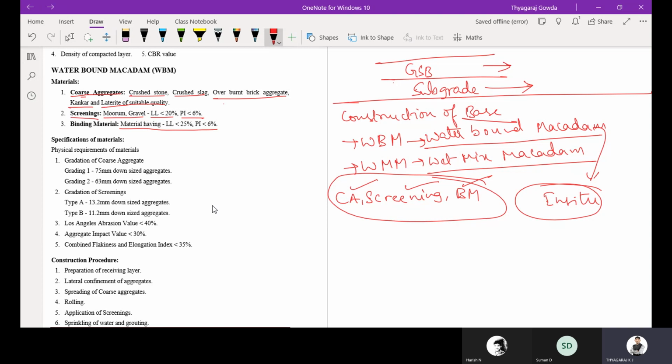Then the binding material, having a liquid limit less than 25% and a plasticity index less than 6%, will be used as a binding material. Usually the binding material will be soil only. We are going to use soil or stone dust as a binding material.